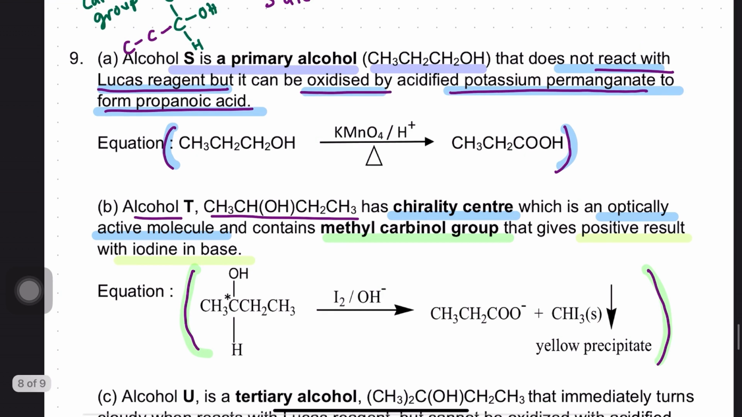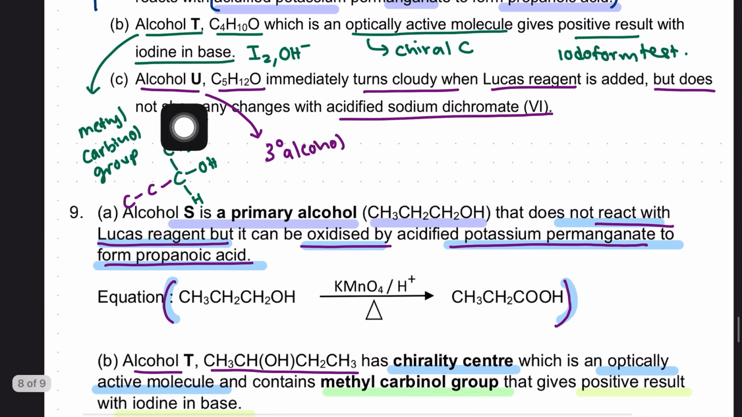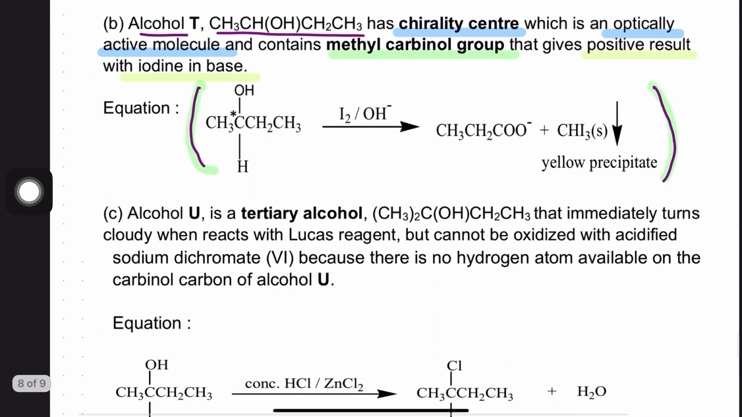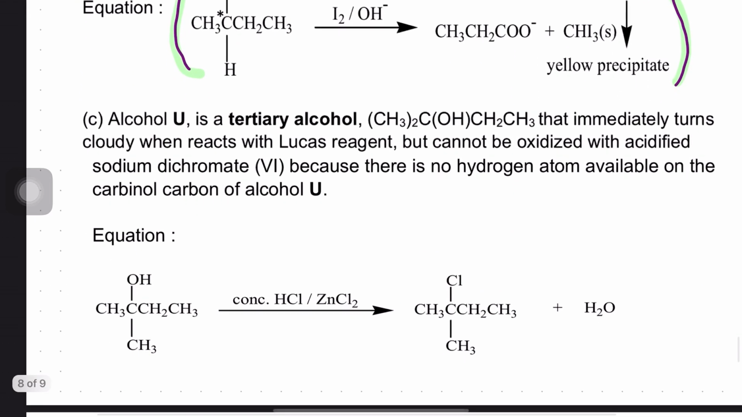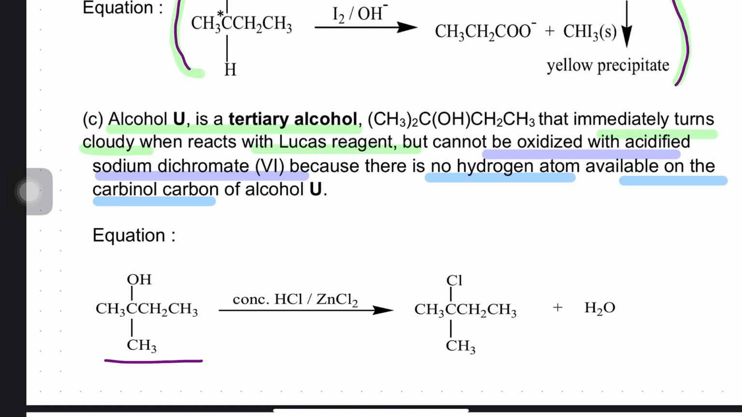Right, now finally, alcohol U. So C5H12O immediately turns cloudy. We know it is a tertiary alcohol. So draw a tertiary alcohol with 5 carbons. So it will be this over here. Okay, so tertiary alcohol, mention that it immediately turns cloudy when reacted with Lucas reagent. As well, it cannot be oxidized with acidified potassium dichromate because there is no hydrogen atom available on the carbinol